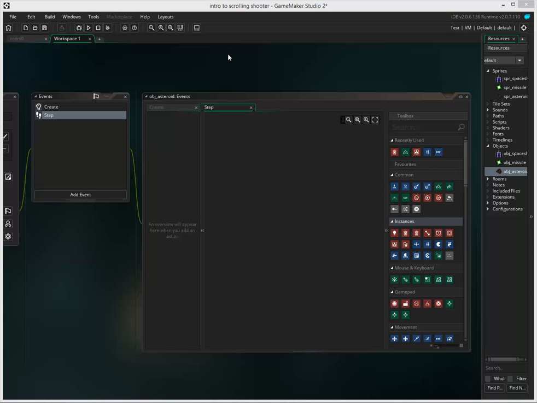The next thing we have to do, now that we've got our 5 asteroids running down the screen, is to repeat them at the top, as we said, in a random spot. So we use the step event to do that, and that checks about 15 times a second to see if something needs to be done. So the first thing we need to do is to work out, in this case, whether our asteroids have gone past the screen. And the way we do that is we